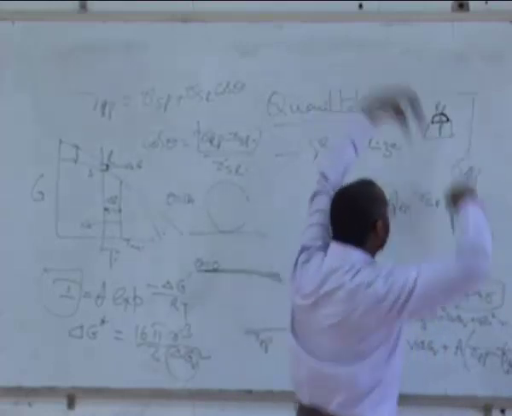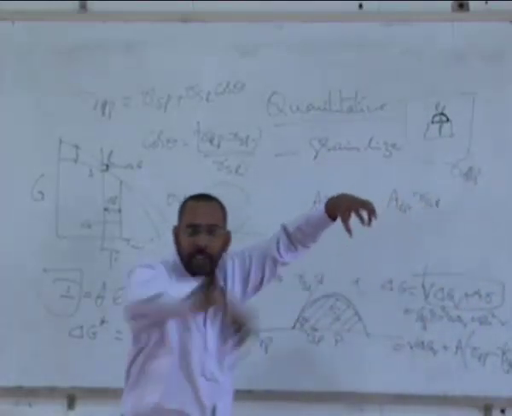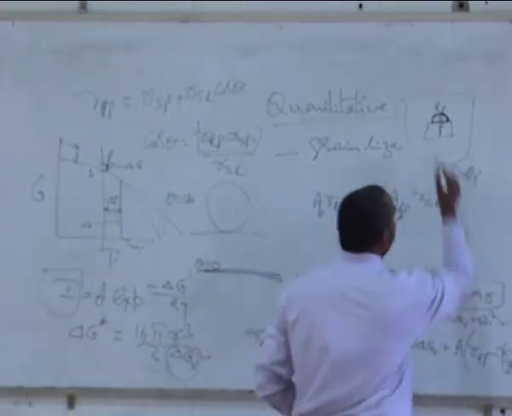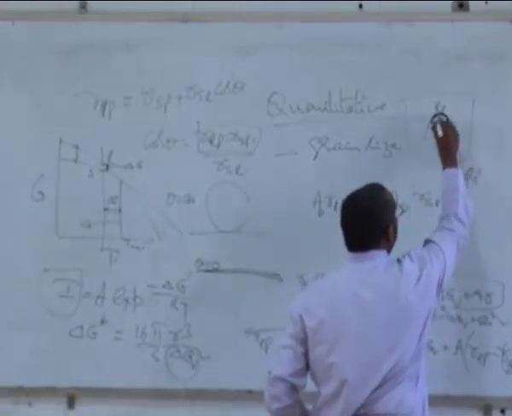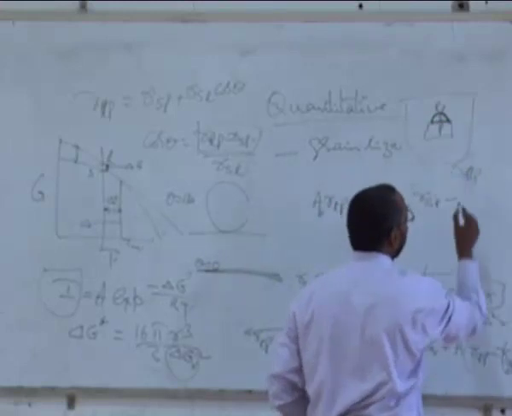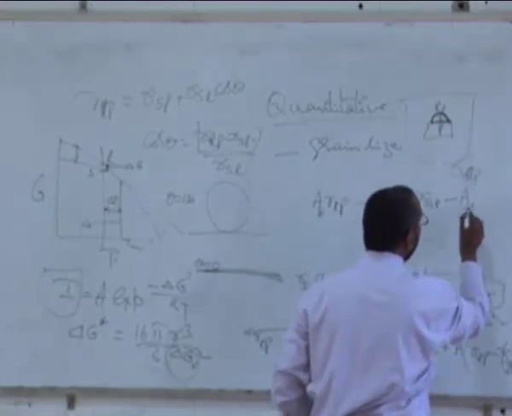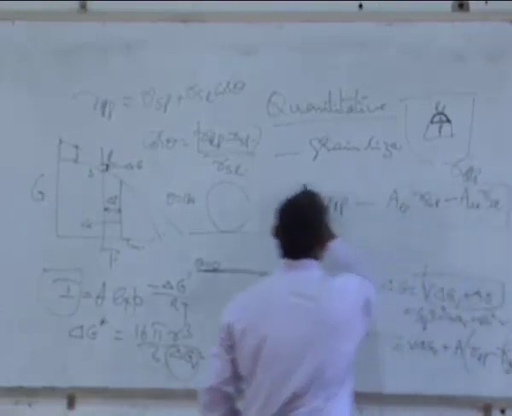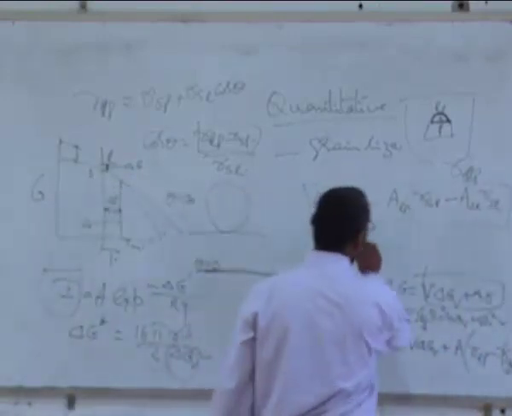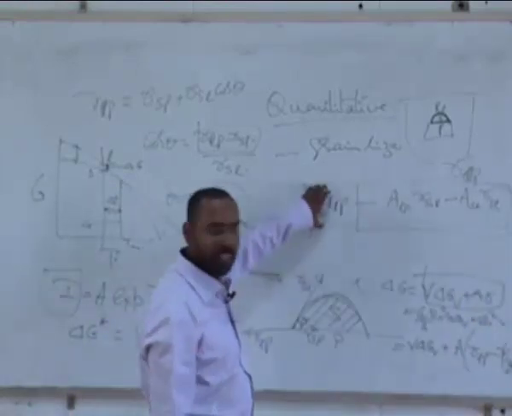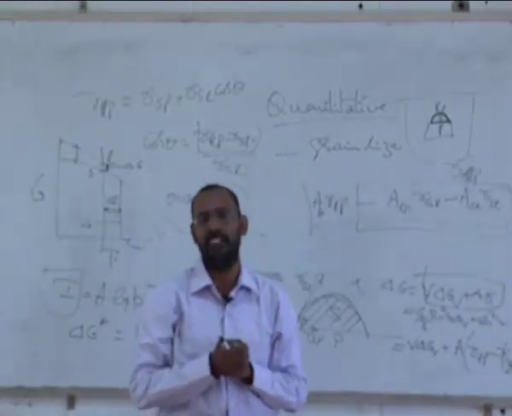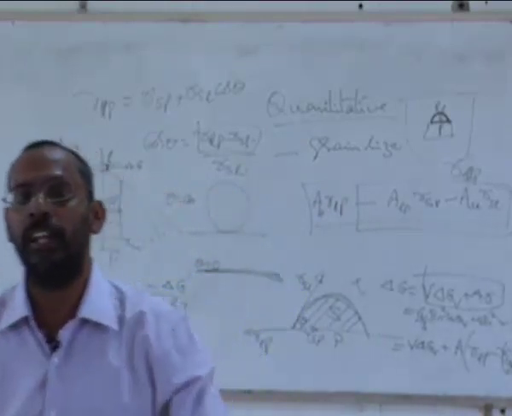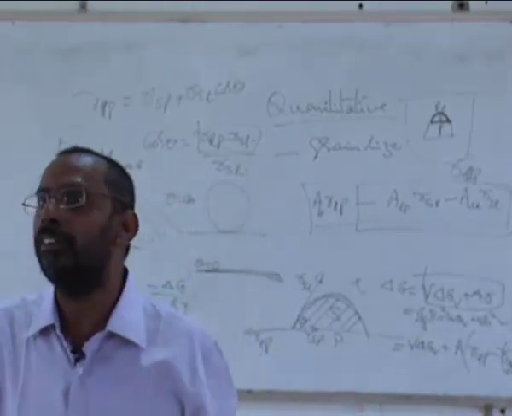now this A LP is equal to the A SP times gamma SP, because it is spherical. If I look at it from the top, it is a circle, right? That circular area, minus whatever is the hemispherical cap surface area, that is A SL into gamma SL. This is the overall surface energy. If these two put together are smaller than this, then there is a decrease in the surface energy. Only when there is a decrease in the surface energy will the solidification take place. Otherwise, the solidification will not take place.